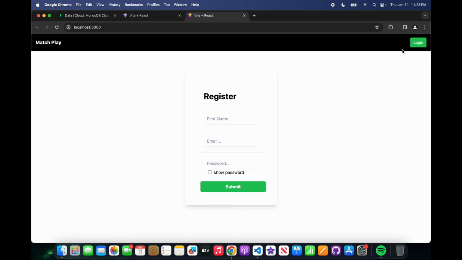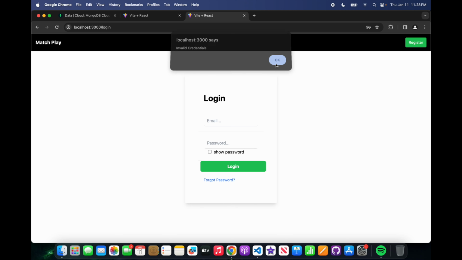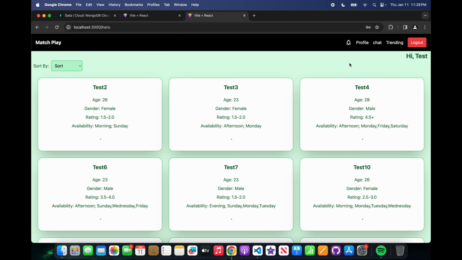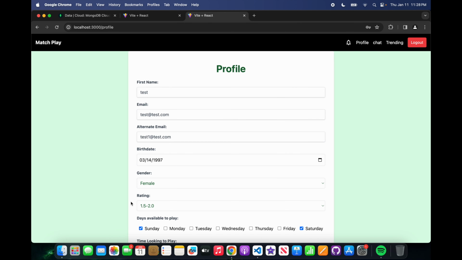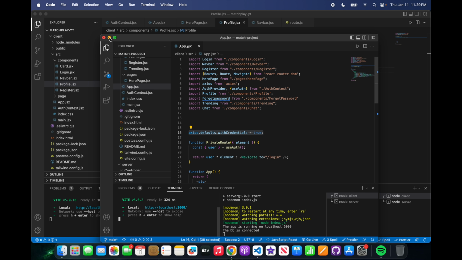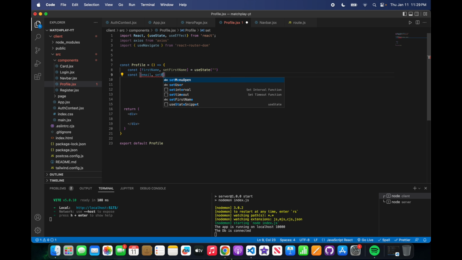So now here, if I log in, okay, that works. So now if I go to profile, this is what we're building out. We're building out this page. So that's what I want to do right now. So we can go back to our match play, and we're going to say const firstName, and this is going to be email, setEmail,